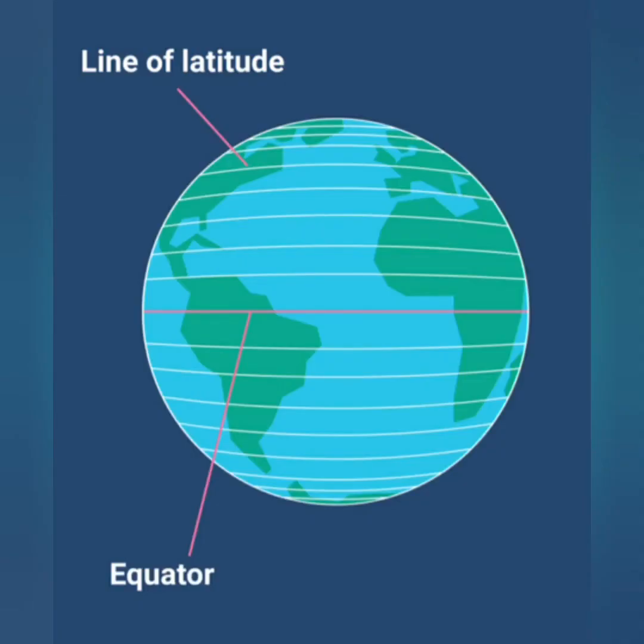Look at the screen, students. Here you can see white color lines on the globe. These lines are known as latitudes, and these are imaginary lines. They run from east to west. Okay students, they run from east to west, and these lines are known as latitudes. They are also known as parallels. You can see here one latitude that is red in color. This is called the equator, and it is the longest and most important line of latitude.